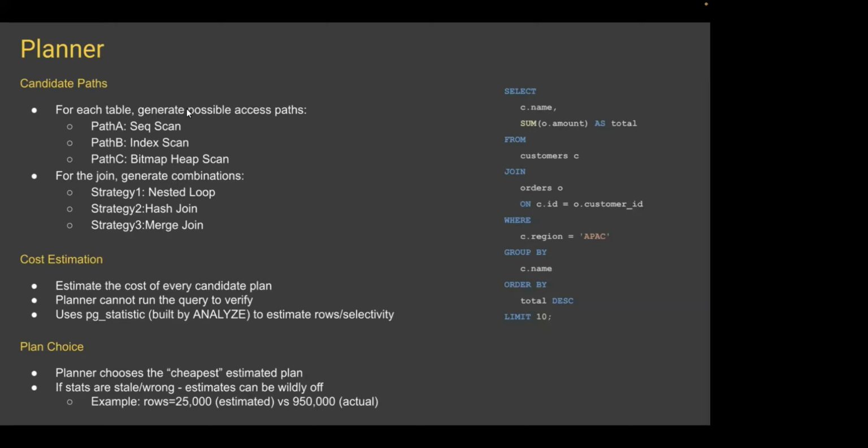These are all different types of scans that Postgres can use to access a table from the heap. And similarly for orders as well, it will try to find all possible ways to scan. And because we also have a join on customers and orders, there can be different ways tables can be joined: nested loops, hash join, merge join. We will deep dive on these later. But these are all